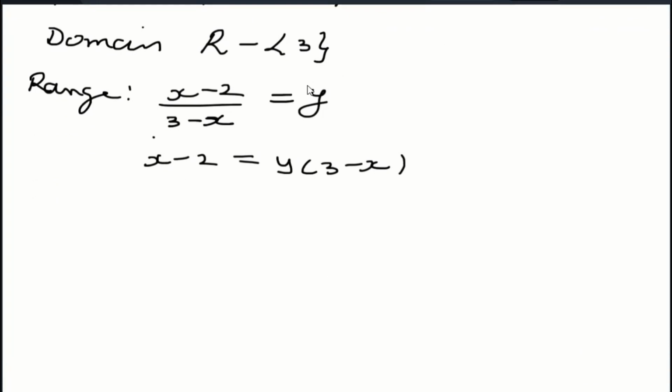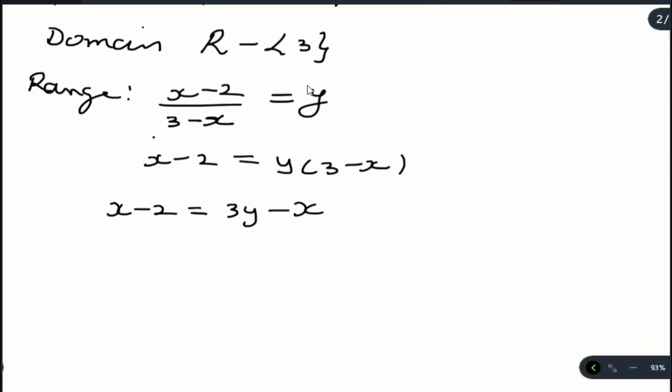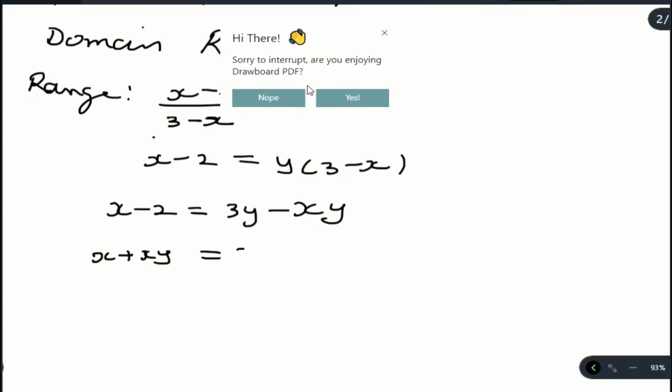Now next, I can write x minus 2 is equal to 3y minus xy. Isolating x on one side, I get x plus xy is equal to 3y plus 2. Taking x commonly out, I get x times 1 plus y is equal to